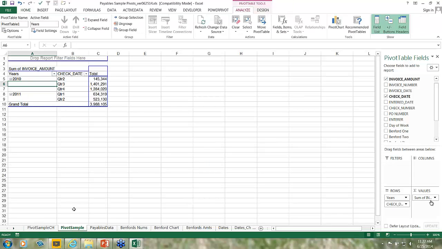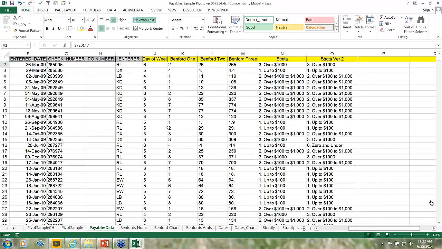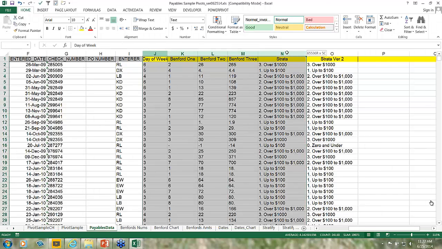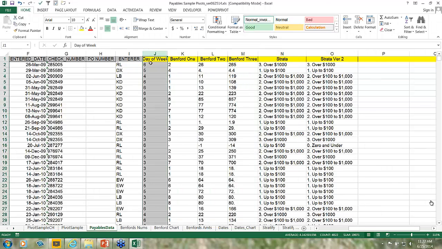Okay, so one of the things I also wanted to show you is in the payables data. What I like to do is a lot of coding of the data. So what we'll do now is create a lot of pivot tables based on these code fields. And you could do a lot here. I'm talking about accounts payable, but if you're coding revenue accounts, or looking at general ledger,